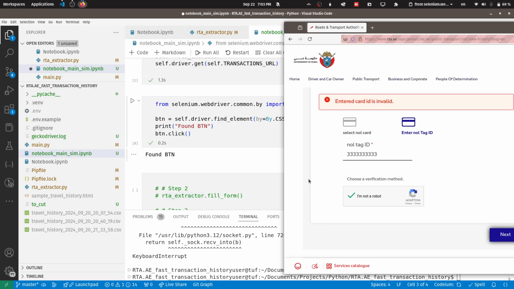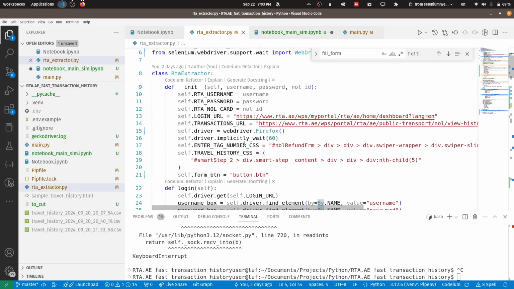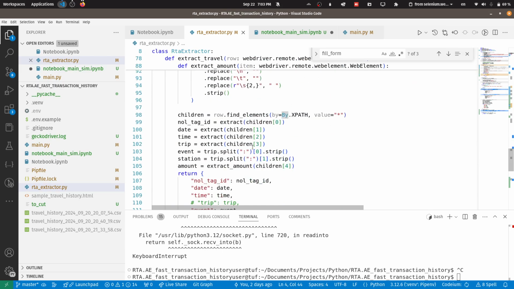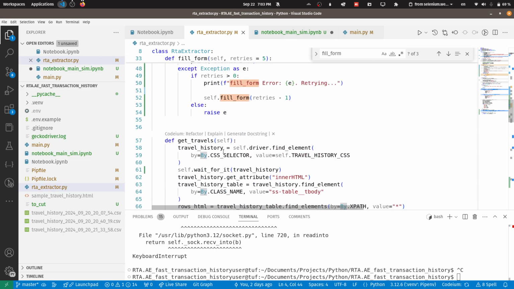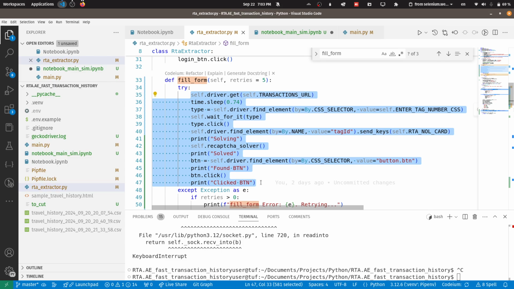Yes. So the find element works as it should. Now let's try to do the rest of these. So we have this section,